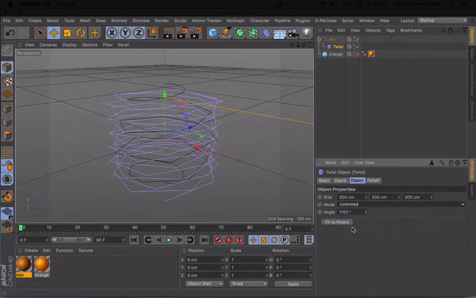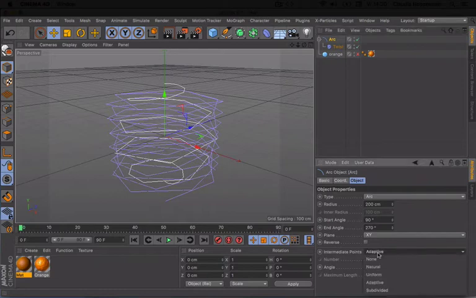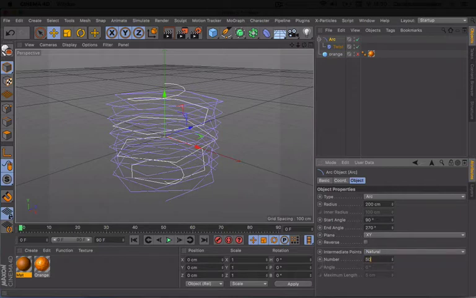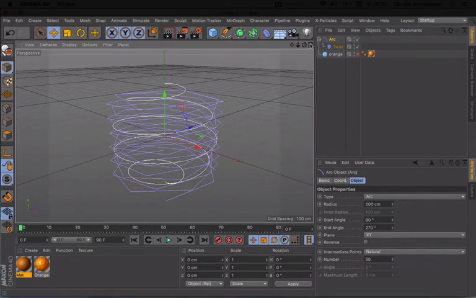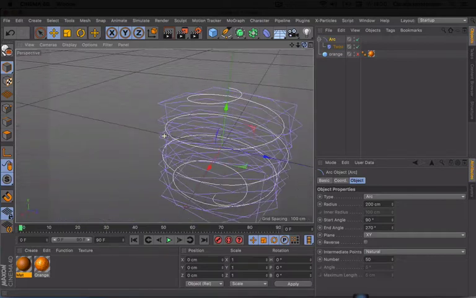And we want it unlimited. And what you see, it's not that smooth, and that's because we do not have enough points. And we want it natural and maybe around 50 points, and then you see you have a nice smooth curly